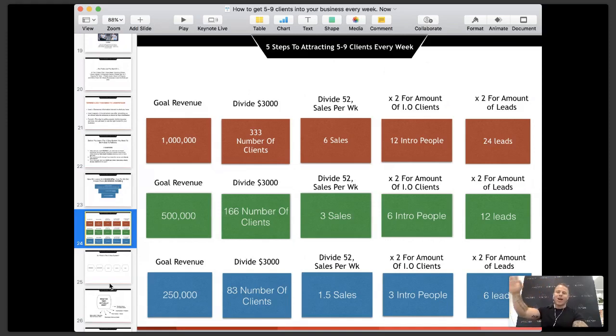So now we have clarity on how we're actually going to get our goal as far as the numbers, or how many leads we need. Just so we understand, I'm going to ask you one more question before I start the 5 steps to Facebook ads. Each lead on average, on the top end, would cost you about $30. So if I want essentially a $250,000 business, I need 6 leads a week to achieve that. I need to spend about $200 a week, or $180 a week, on leads. To do this, 12 times 3, we have a $360 budget, or we have about $750 budget up here.